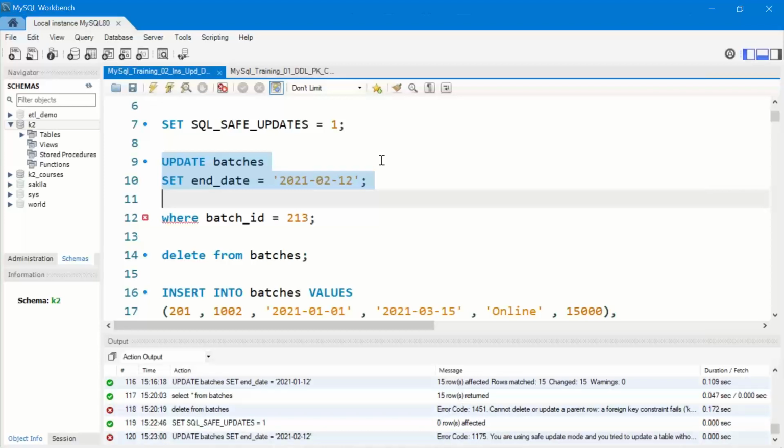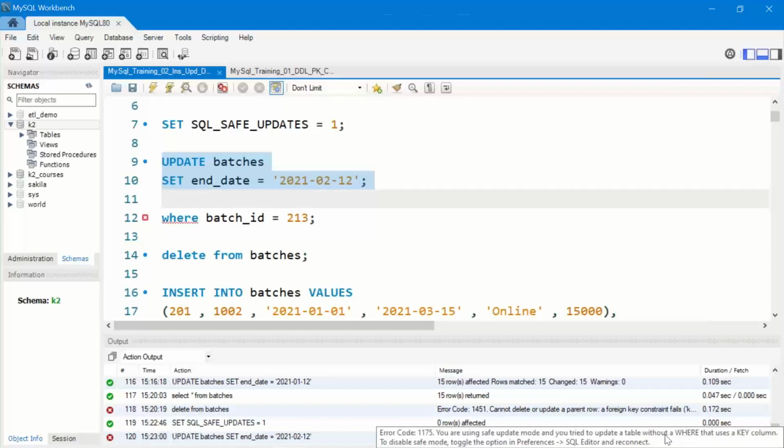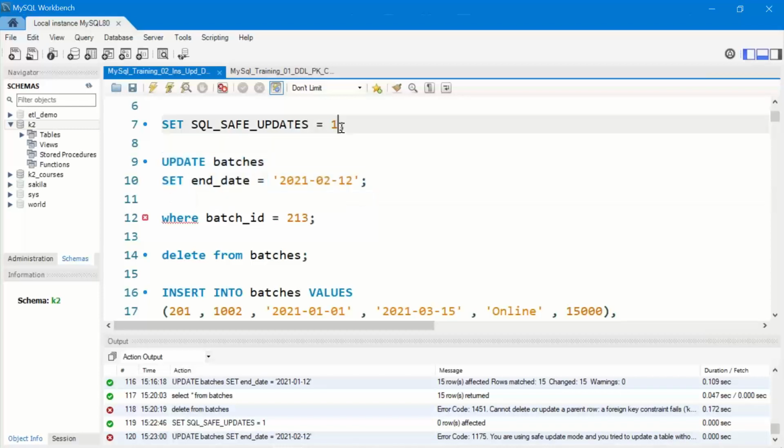This is what I was expecting when I was executing the query. You are using safe update mode and you try to update a table without a where condition. But unfortunately, on my machine, I had already set SQL safe update equal to 0 and the query got executed. But in a way it's good, because